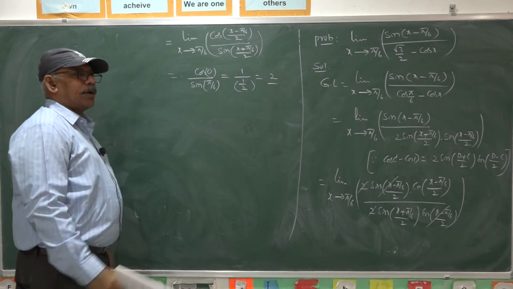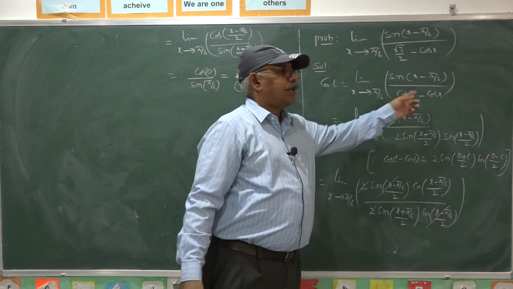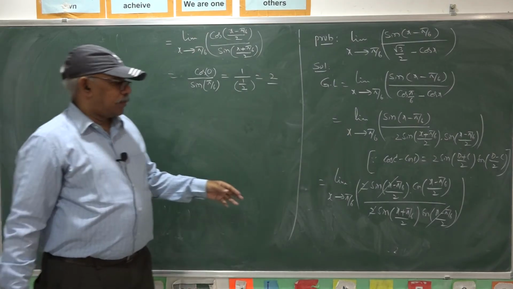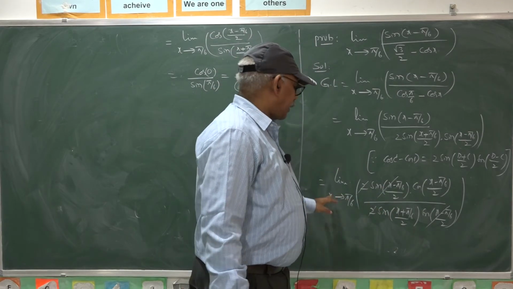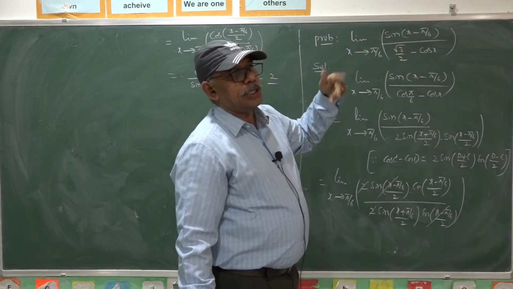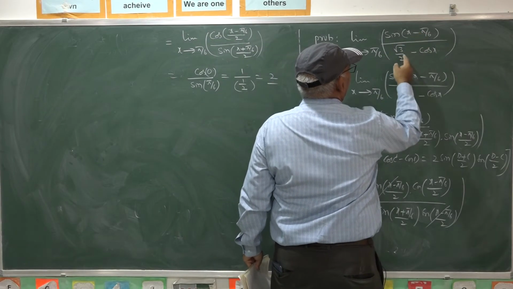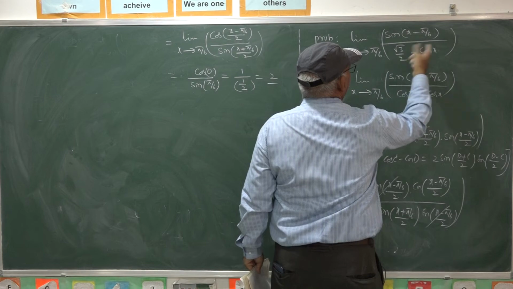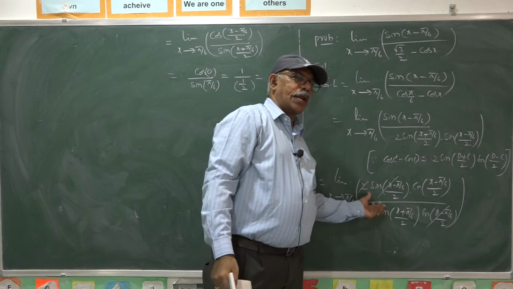By trigonometric transformations, this sine theta is written in half angles, and in the denominator we applied the cos c minus cos d formula. So, by cancellation of the common factors in the numerator and denominator, apply the limit. Otherwise, once you directly apply the limit here, you get 0 by 0, which is an indeterminate form. Sine 0, once you put x equal to pi by 6, you get 0. Once you put x equal to pi by 6, cos pi by 6 is root 3 by 2, and the form is 0 by 0. To avoid that 0 by 0 indeterminate form, the common factor has to be removed here.